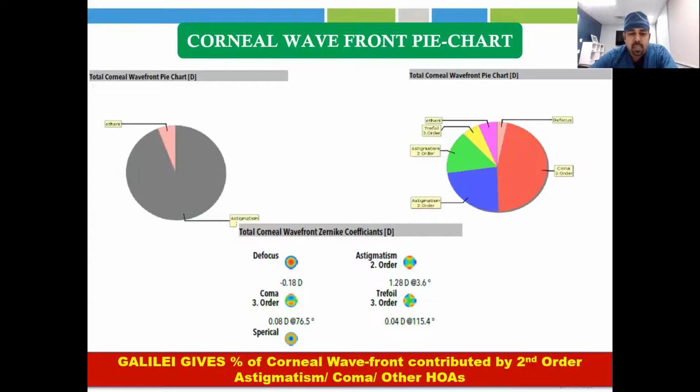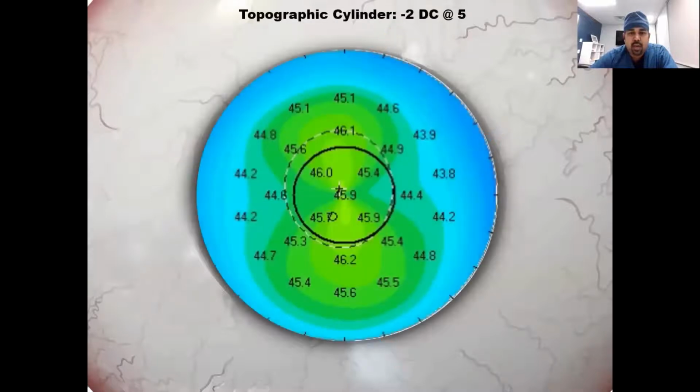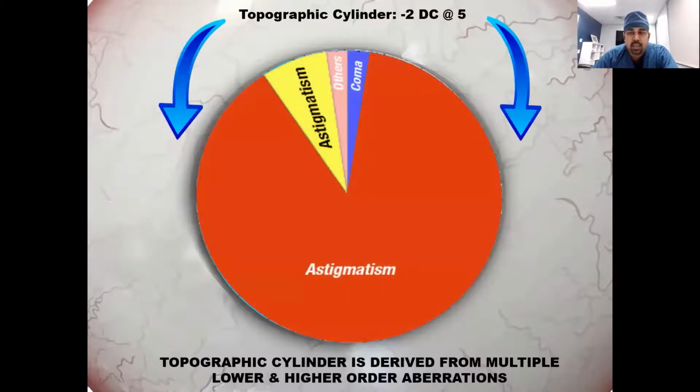And if you look at the examples of how to understand these, look at this cornea, which is regular and has a cylinder of say 2 diopters. There are no differences between the hemimeridians superiorly and inferiorly, and between the zones they look symmetrical, and there is no rapid change in powers between the zones. And if you look at this patient on Galili, he has say 90 to 95% of his measured astigmatism as a proper second order astigmatism, and there is a very minimal component of other, say, higher order astigmatisms and